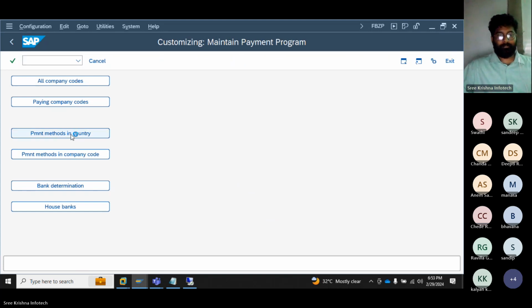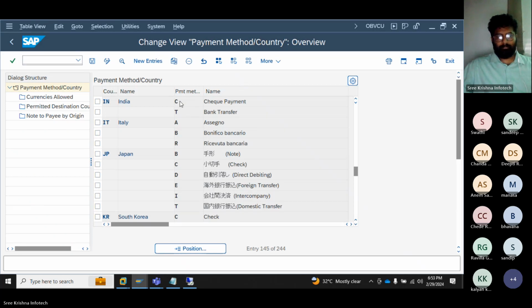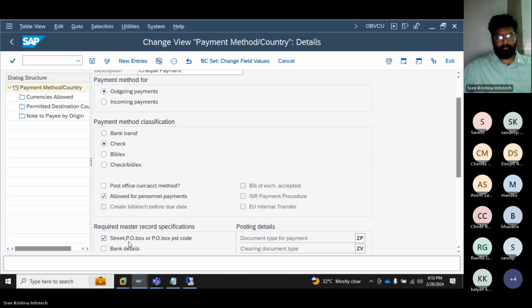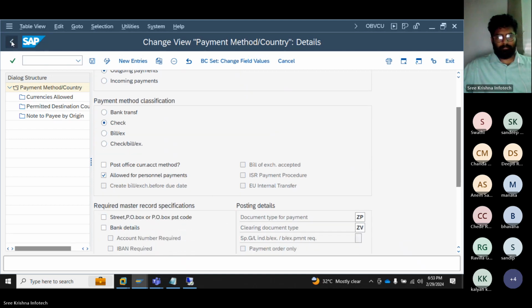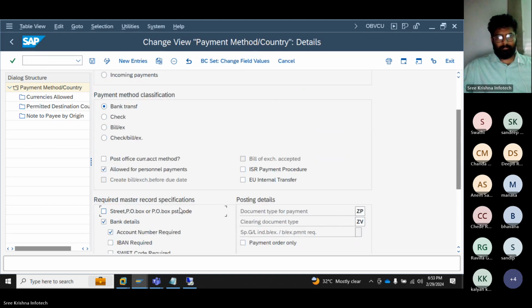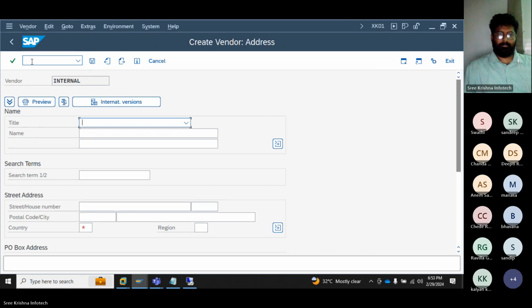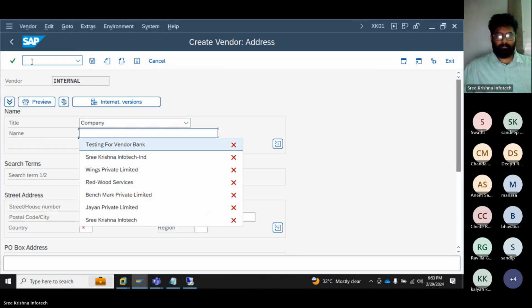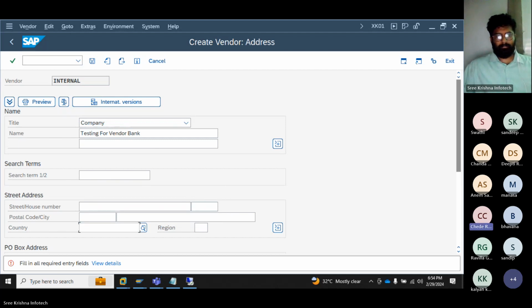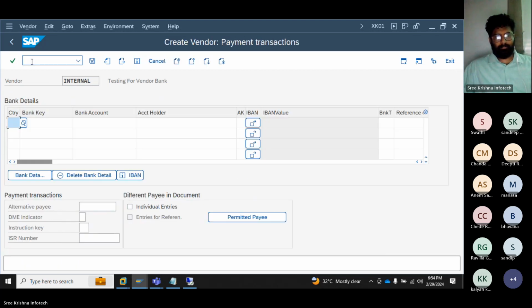FBZP. Is activated. Basically, when you have deactivated in FBZP,